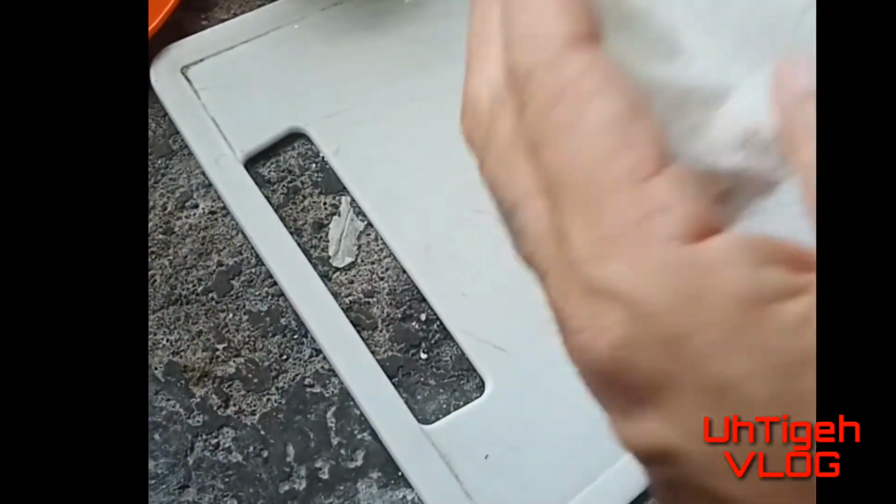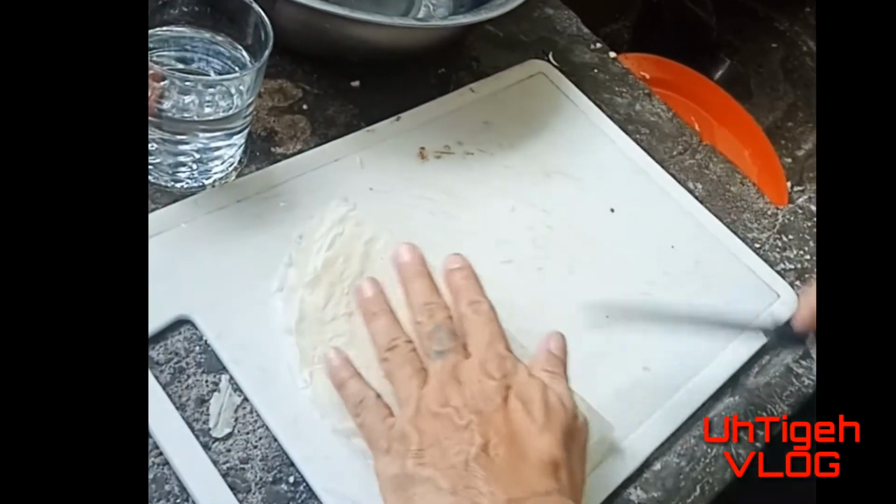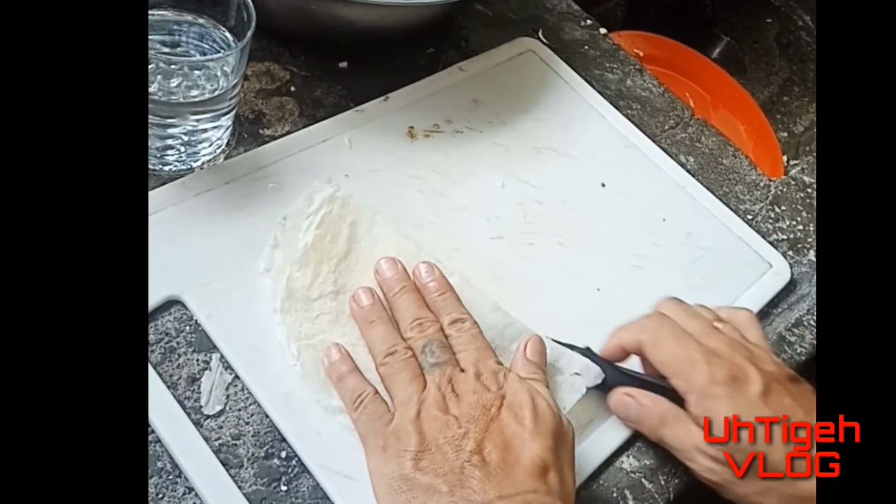So yung isang wrapper, hatiin natin sa dalawa kasi masyado siyang